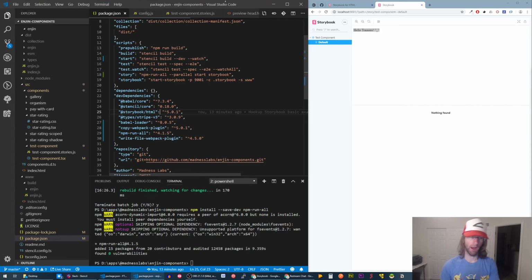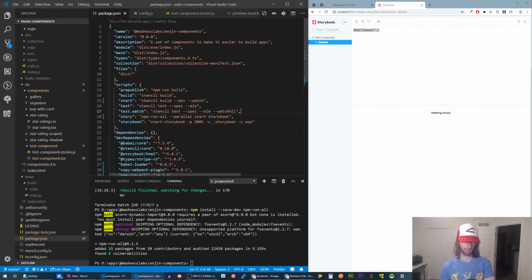Okay. And I haven't even really shown you the power of this whole process, but I will get there very soon. There's a little bit of setup. Now we've got this story command, and it's going to run the start command for Stencil, and then it's going to run our Storybook command, which runs Storybook. So let's go ahead and now what we're going to do is